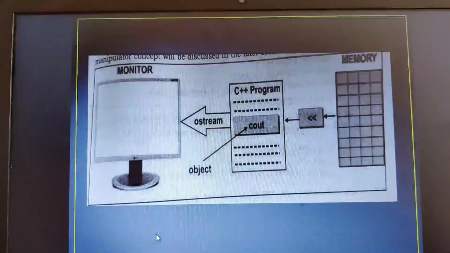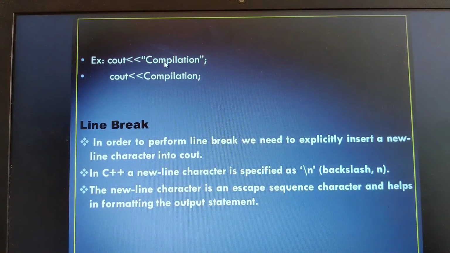Now coming back to this example, this is a string constant, but this is a variable. You should make the difference. String constants mean exactly as they are will be printed onto the output screen. Now this is a variable, not enclosed in double quotes. So what is a variable? A variable is a name given to the memory location where the value could be changed.